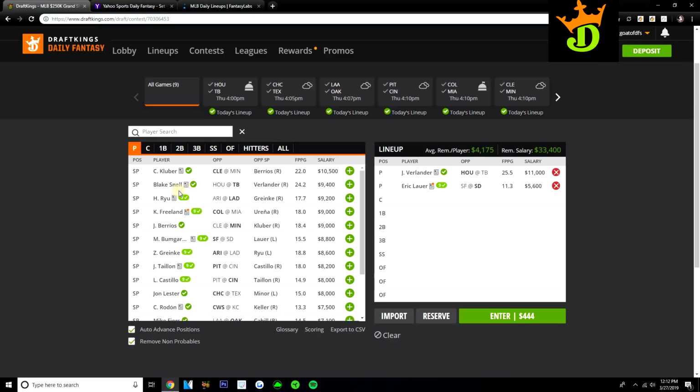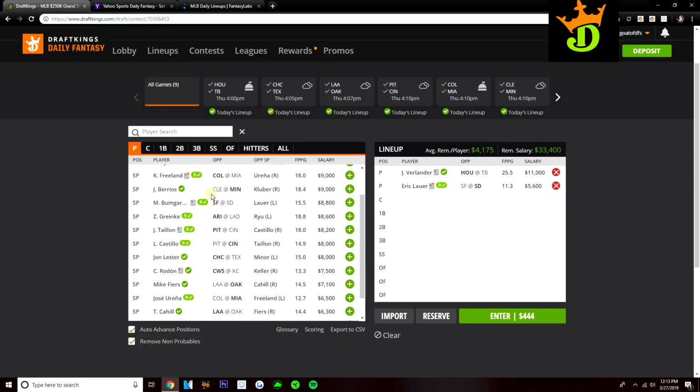And then looking at some of the other pitchers, if I'm not paying up for Verlander, if you want to go a different route, I think Kyle Freeland at 9K against the Marlins is a very good play. This Marlins team is probably going to be one of the worst teams in the league. They just don't have a lot of good hitters. It's a great pitcher's park for Kyle Freeland, getting out of Coors Field and pitching in Marlins Park, which is one of the best pitcher's parks. So I think Kyle Freeland at 9K looks like a very good option if you want to play him.